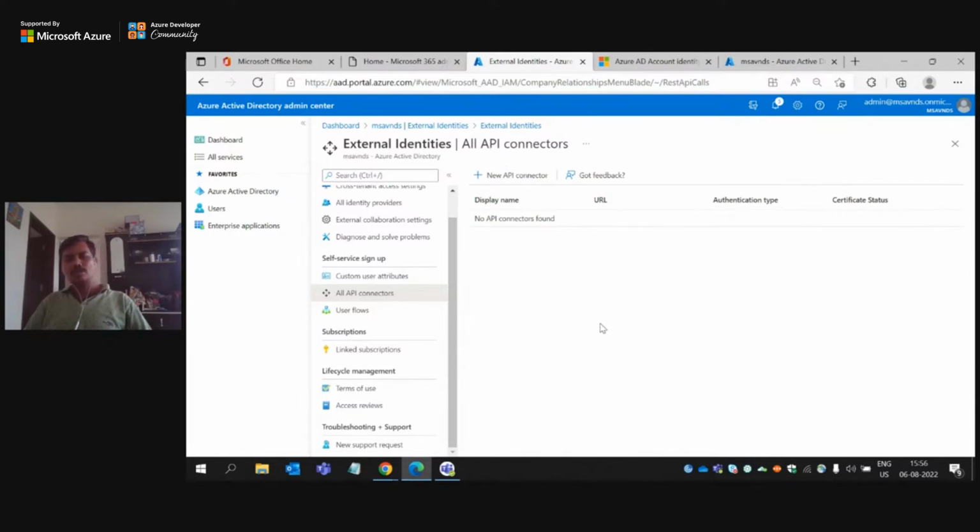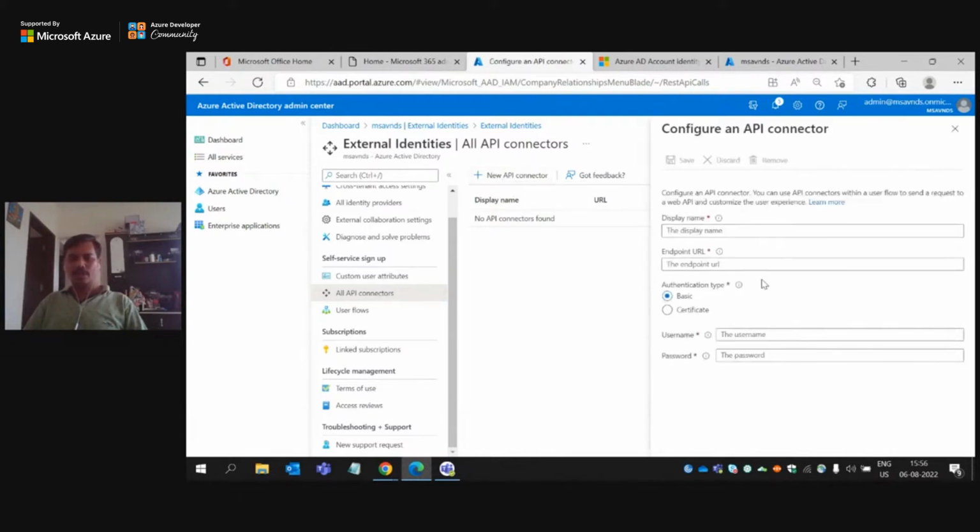In case we want to collect details as well as allow external parties to sign up through API, we are allowing them to utilize a particular application, and we are collecting all the details through API. In that case, we need to register the API with the authentication